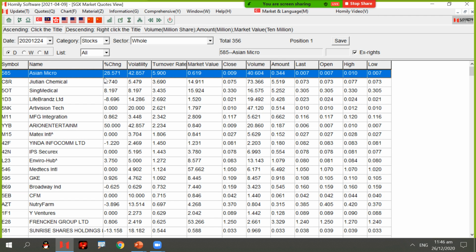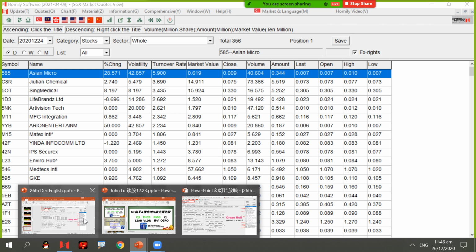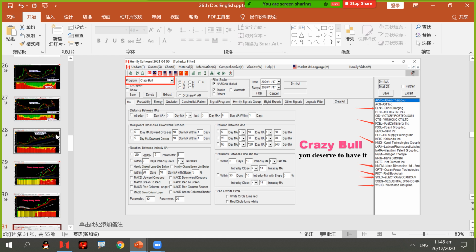Okay. So you see, that means for us, the most important thing is when you know the sector. John, I know the EV, I know the medical, I know the vaccine, but I don't know which share I can choose. Do you have some way for me to filter it faster? Yes, we have. But different market, different way. USA market, I use Crazy Bull. It's very cool. I already showed you, very cool. That's why we can filter it fast and easier.